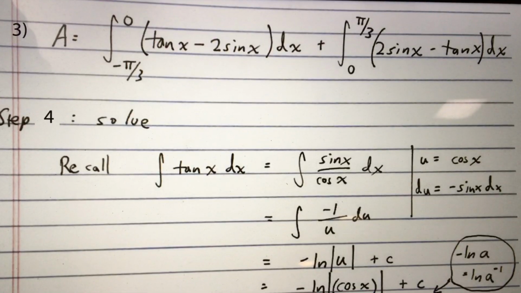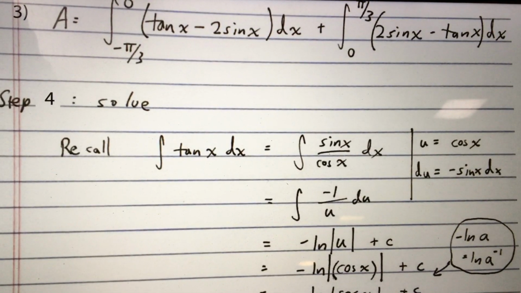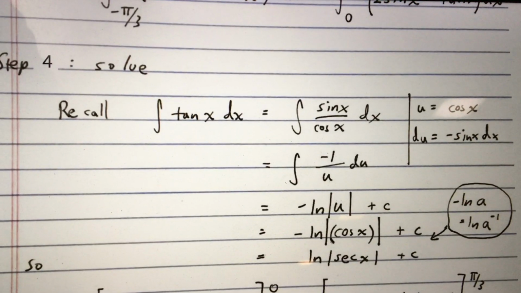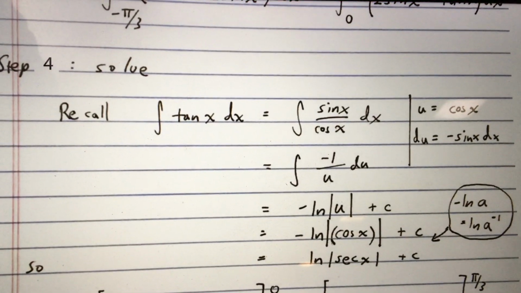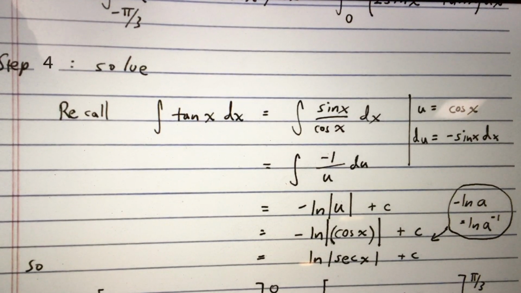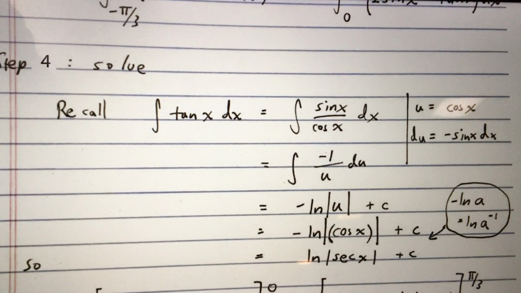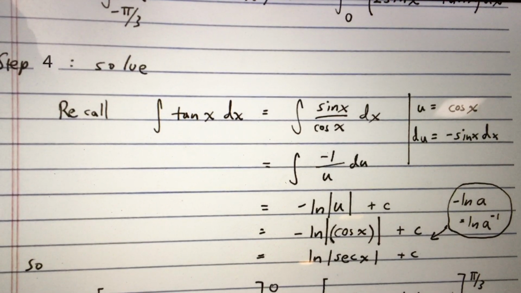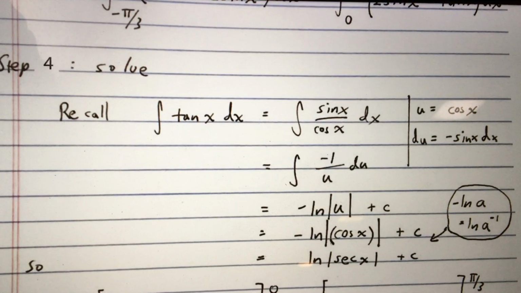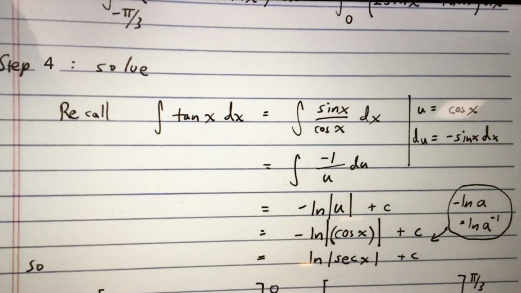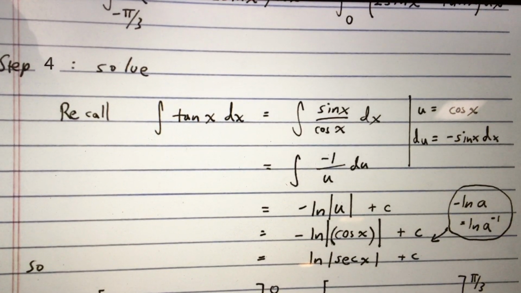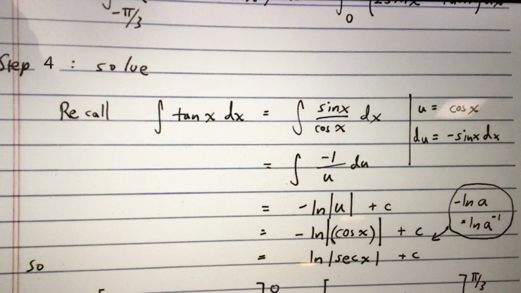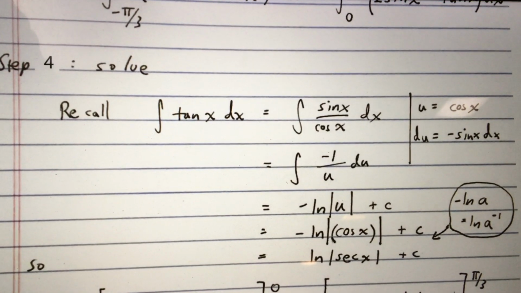This will be a bit of review from calc 1, and the main review here is remembering how to integrate tangent of x. It's a little tricky, but once you've done it a few times, it comes back. Sometimes I forget how to do it, but you write it as sine over cosine, and then let u be the denominator, cosine, and then the u substitution works like this, and you get natural log of the absolute value of u. You put back in the cosine,